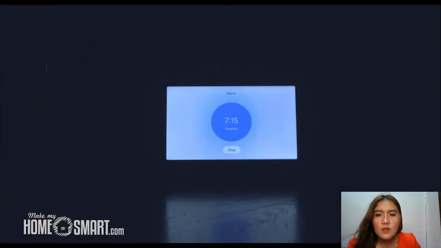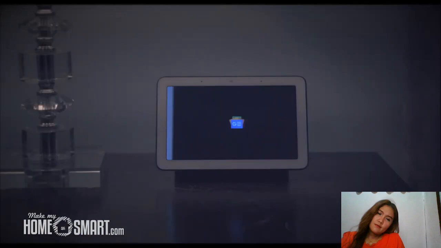Hey Google, good morning. It is 7:15 a.m. Currently in Fort Mill it's 69 and cloudy. Today, there'll be scattered thunderstorms, with a forecasted high of 84 and a low of 65. Here's the latest news. Hey Google, make me a pot of coffee. Hey Google, I'm leaving. Okay, have a great day, Michael.